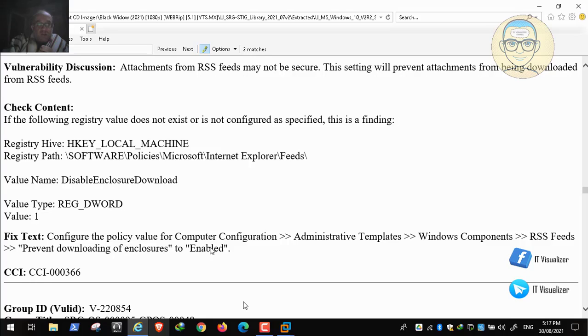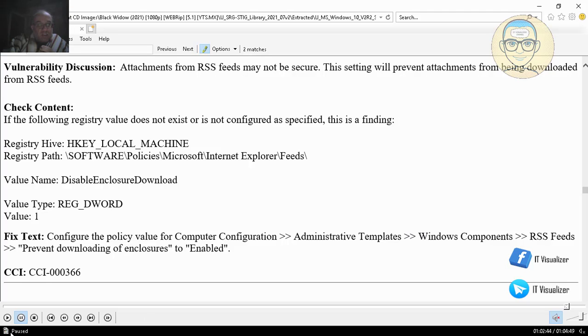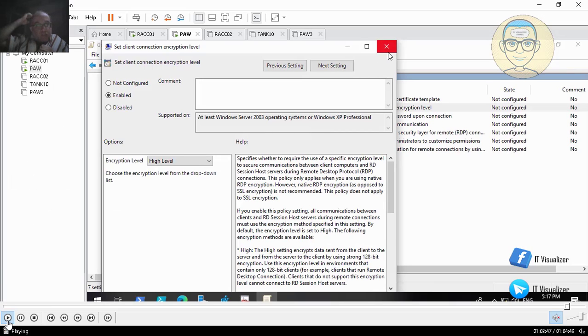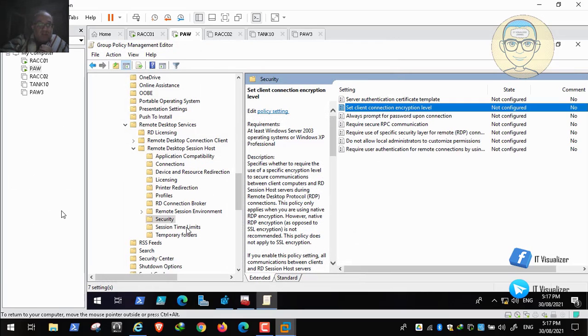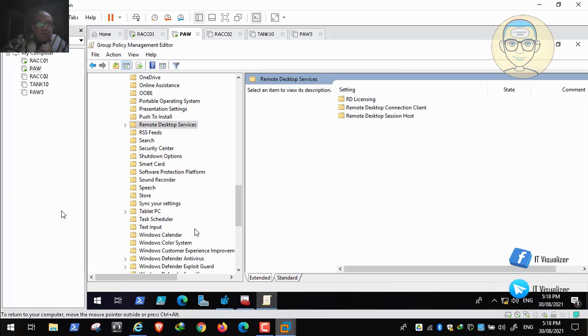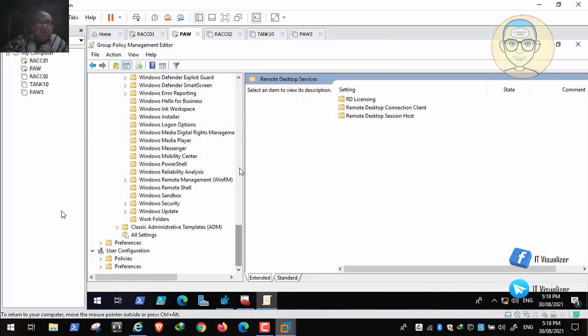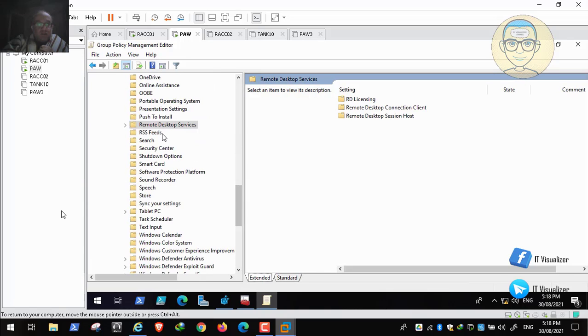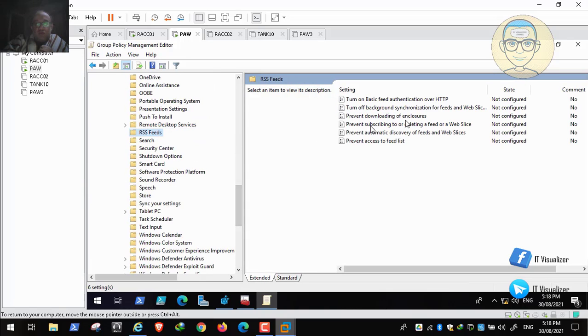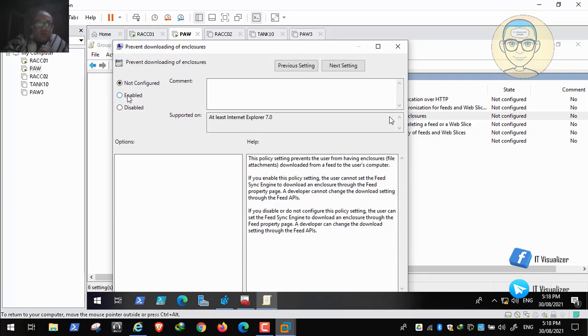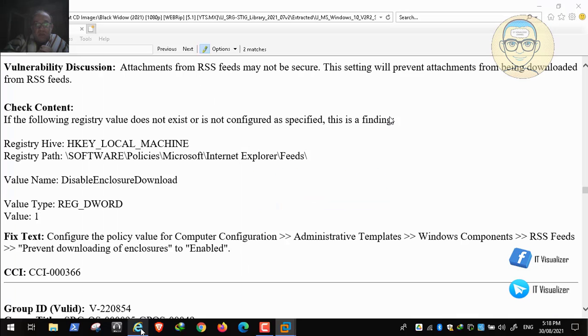Prevent downloading of enclosures from RSS feeds. So this is an old way to work with data. We need to disable this kind of data, or RSS feeds. So here we can go to RSS feeds, here you go, and then we need to disable or prevent downloading of enclosures. Okay,